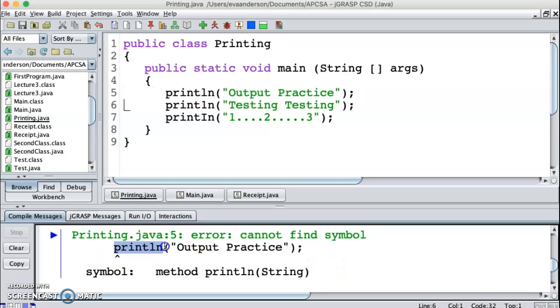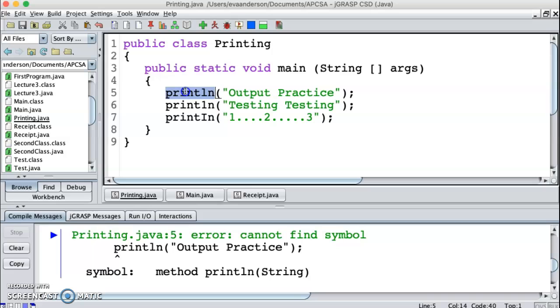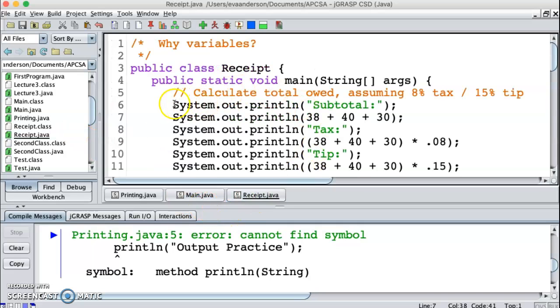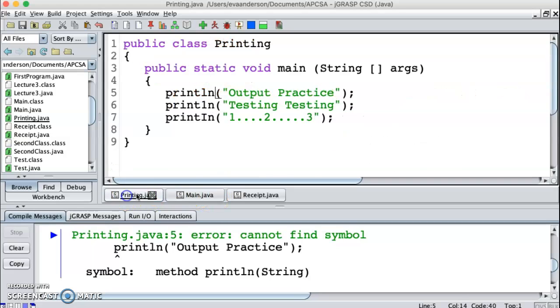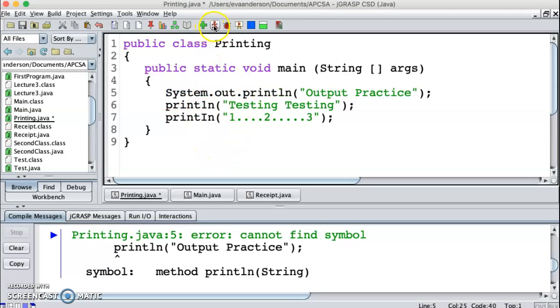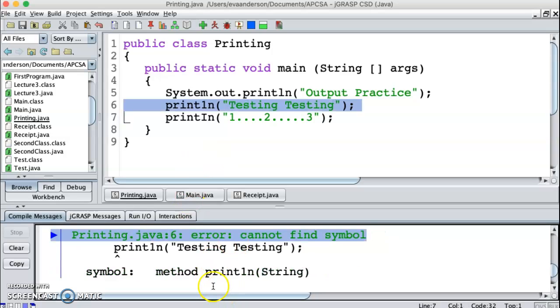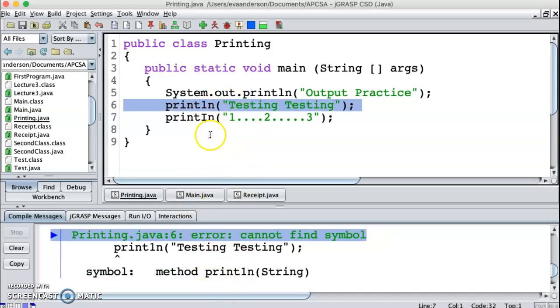Print line, it cannot find this symbol, and so maybe I can't think of anything, so maybe I go back over to this program and I'm like, oh, system out print line. So I'm going to go over here and paste that here, and I might even pretend that I don't see it, but it's telling me this one it can't see either. It turns out this is a 1 and this is a capital I. And I do this to show you that this is a lowercase l, and that's what you want. But if I were to put